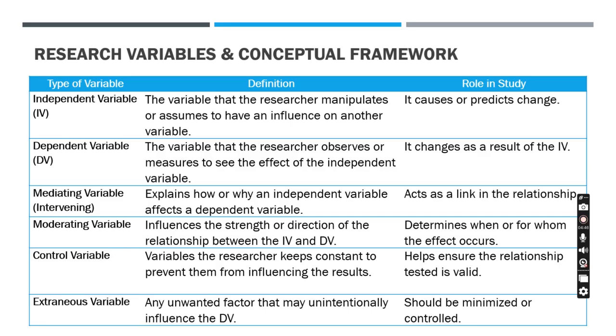The extraneous variable is similar to the control variable, but we don't know exactly, it just comes into the study, but we don't understand or predict it from the beginning. So these are the types of